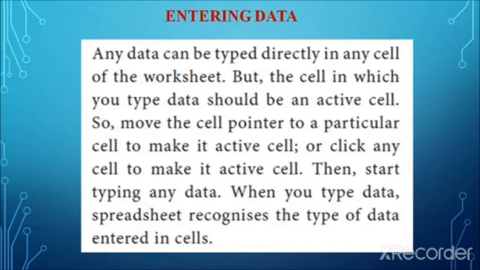So alphabetic data type, that is full characters A to Z, and numeric data types, that is numbers. And alphanumeric, it is a combination of alphabets and numbers. So date data type and time data type, and like that, there are various data types available in the OpenOffice Calc. First it identifies the type of data. So whatever data we enter in the cell, first it recognizes the type of data, and based on that it works.